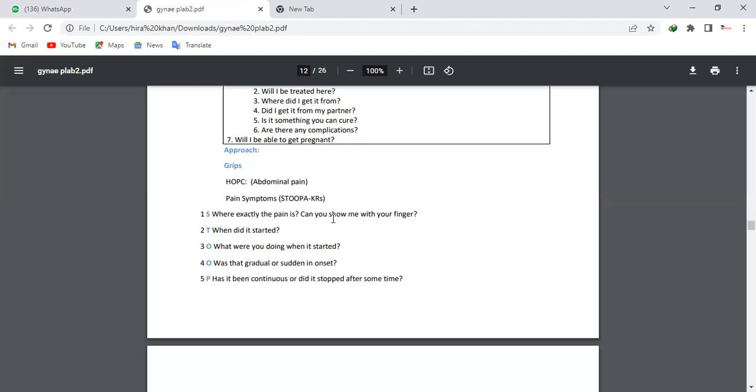So from where are you going to start? You're going to start from the very start. Even if, while standing outside the cubicle, you know the scenario, you should not sound scripted. And how are you going to avoid it? Ask about the symptoms. What symptoms are you having? She will say, I am having pain.